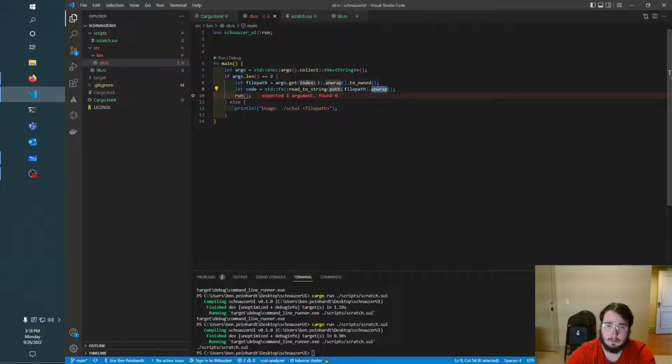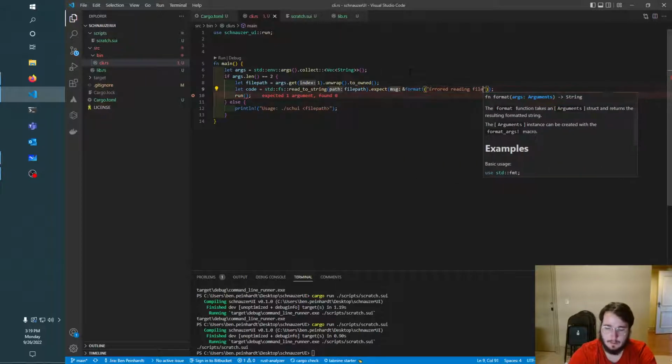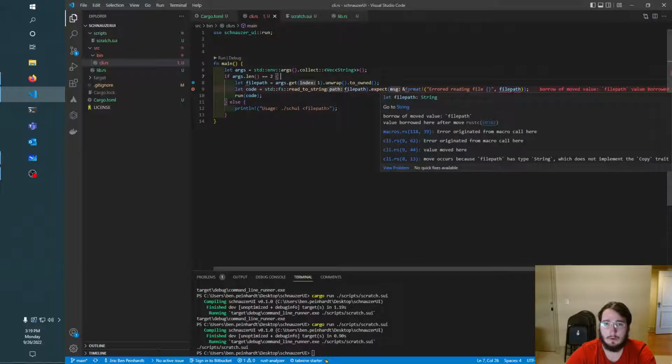Let's expect. Obviously, we're not implementing our good error handling yet, but let's at least say, hey, error reading file. And in fact, let's do a format string and do that. And then we'll run the code. Yeah? Borrow,